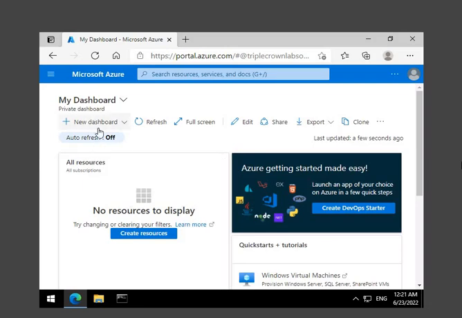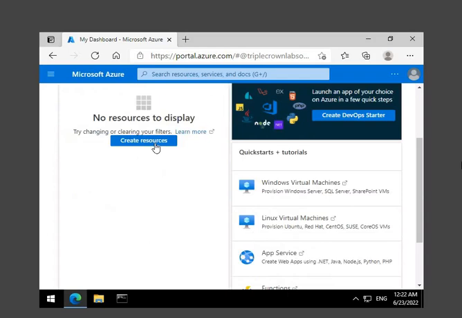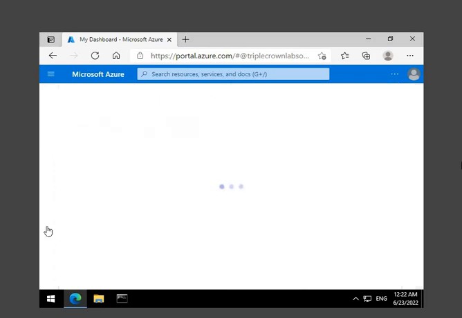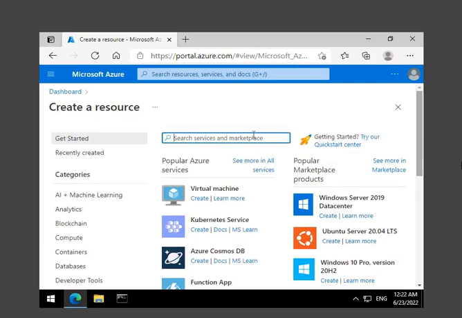Well, you've got something called new options available here: refresh, full screen, edit. All these you can try out whenever you have time. But what we are interested in currently is going ahead with creating resources. So I'm going to click create resource and it will take me to the next page, where you can see